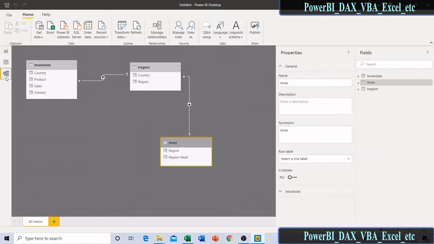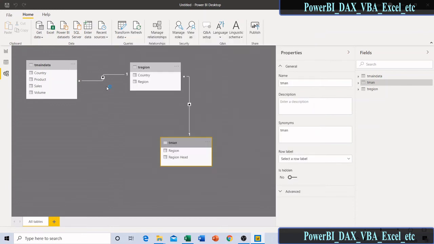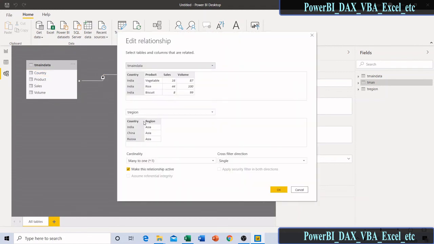Just go here, double click on this relation or click on this property. Just select the cross filter direction as both.